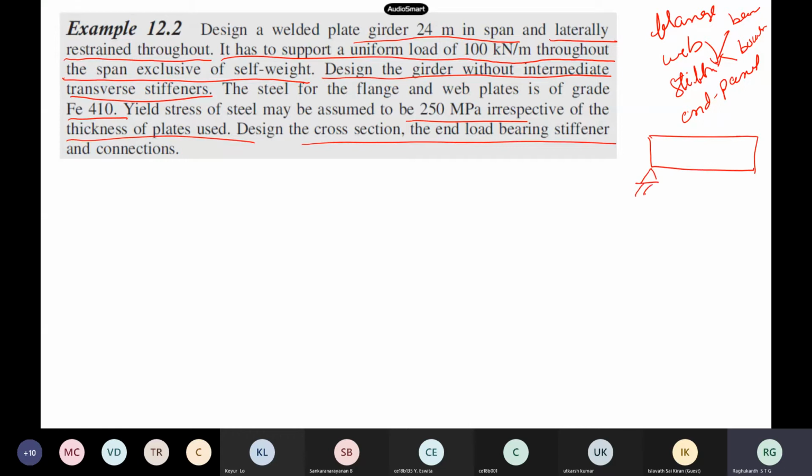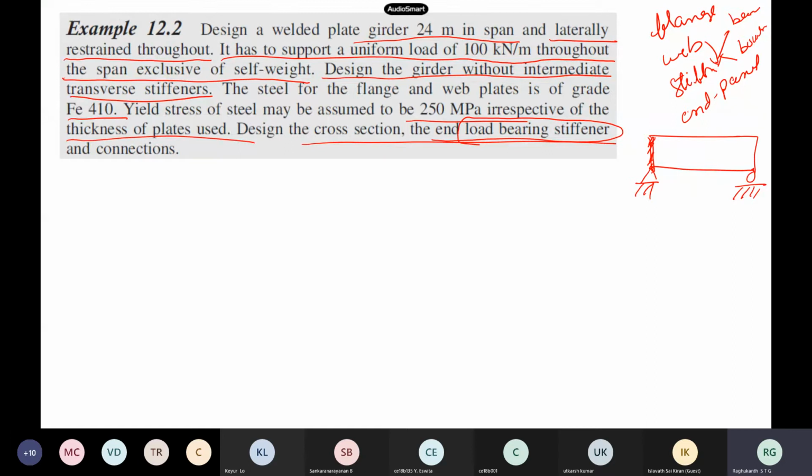At the ends, the problem says he has put up one load bearing stiffener near the end. So this you have to design. He has created a problem for us actually. So this you have to do.